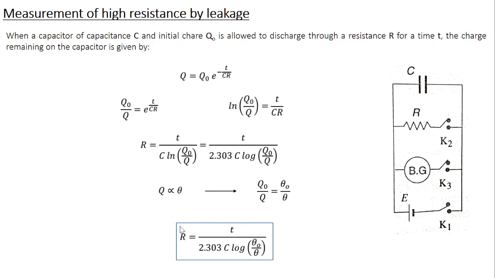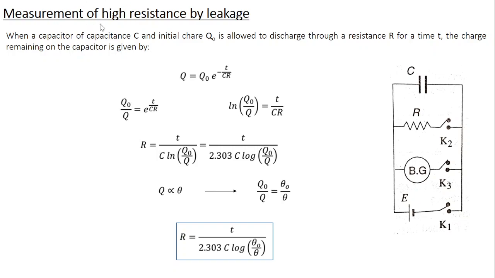Now one important question. Why do I always say that high resistance? Can I use this method to measure a low resistance? I will answer this, but before that you can pause the video at this moment and think for yourself. Try to arrive at an answer. Because we already know the working of an RC circuit, right? So you try to think what is the issue if the resistance is small.